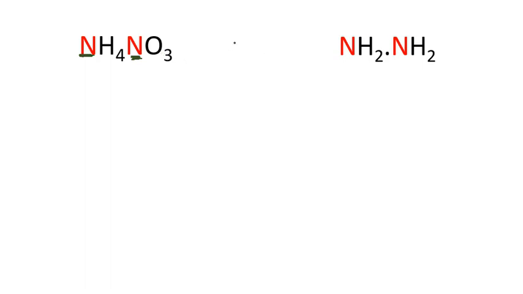If I talk about an ionic compound, let's say NaCl. If I break it from here, the first one is positive and the second one is negative. Ionic compounds mean two charges will be there, one positive, another negative. Similarly, this ammonium nitrate is also an ionic compound. You can break it from here. The first one is positive and the second one is negative.